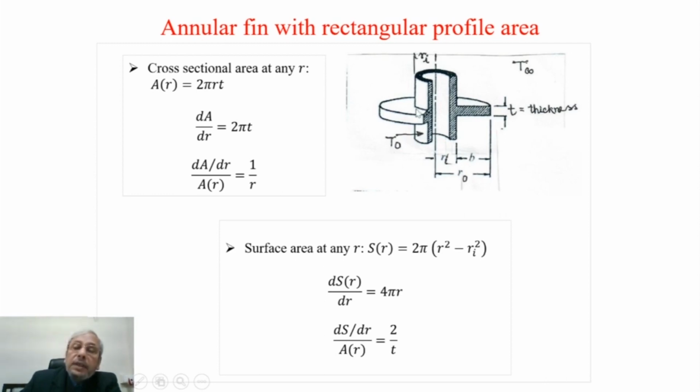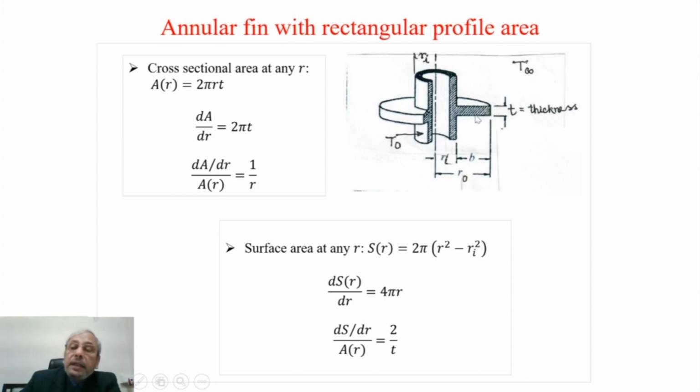So the annular surface starts from r equal to ri, where the temperature is T0. In fin terminology, this is the base temperature. And then the annular fin has a finite dimension, which extends to r equal to r0,